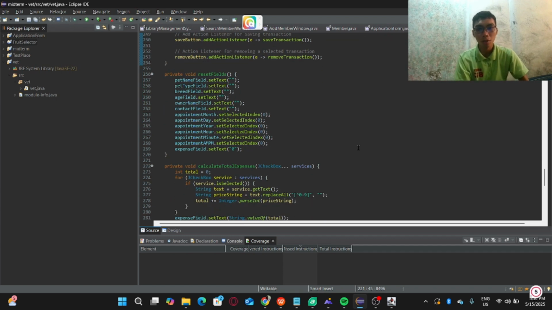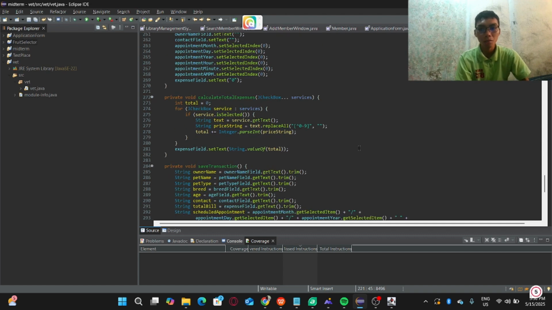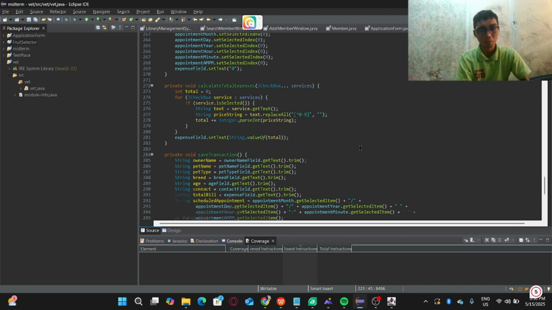Moving on to the private void resetFields, where every component in the table is reset. Then next is the private void calculateTotalExpenses. This is where the services are calculated in total for each selected service that the customer chose.